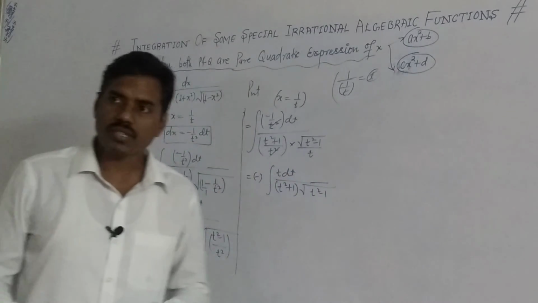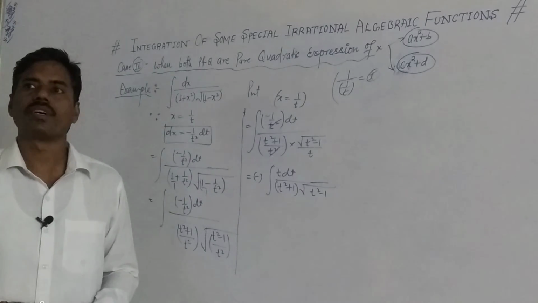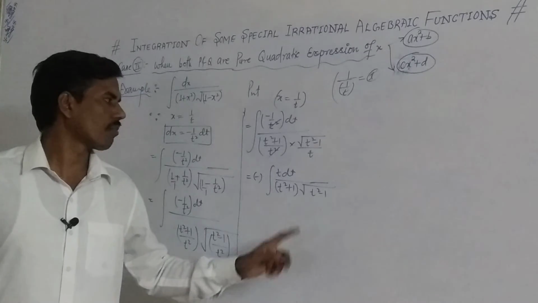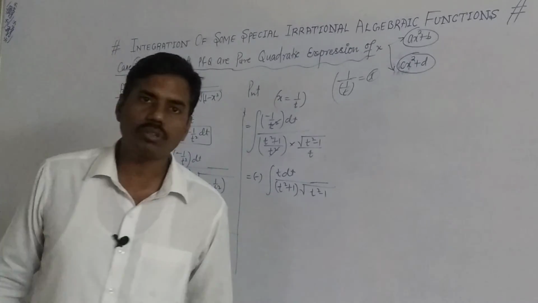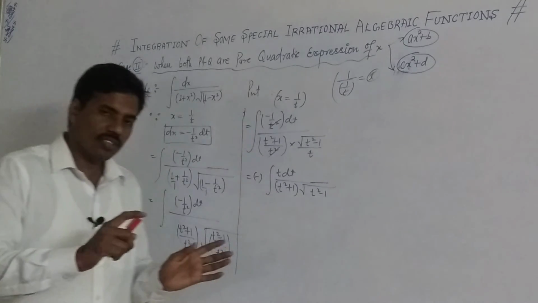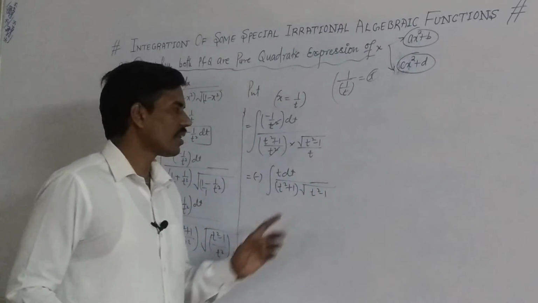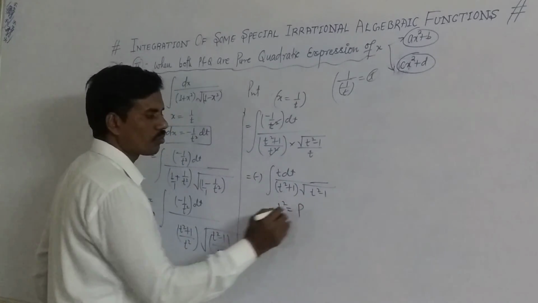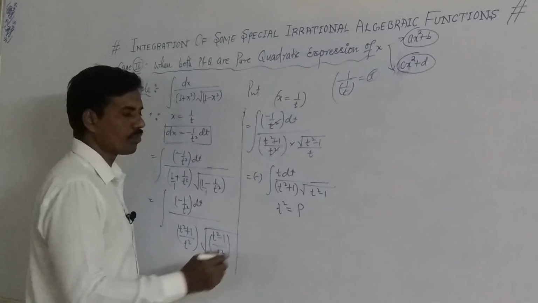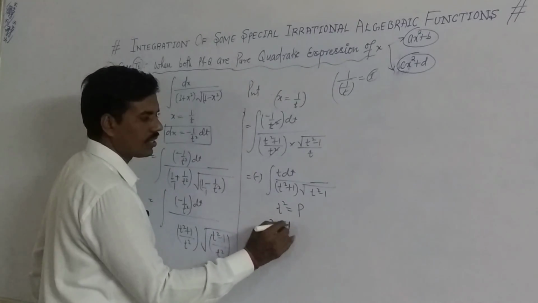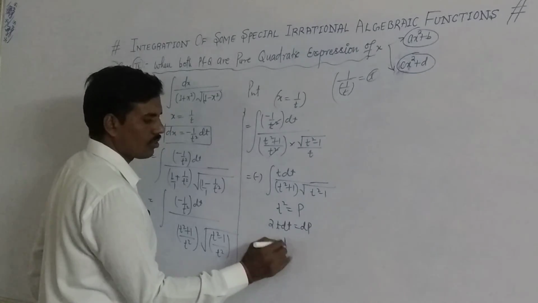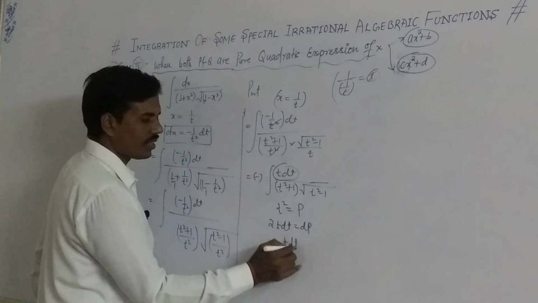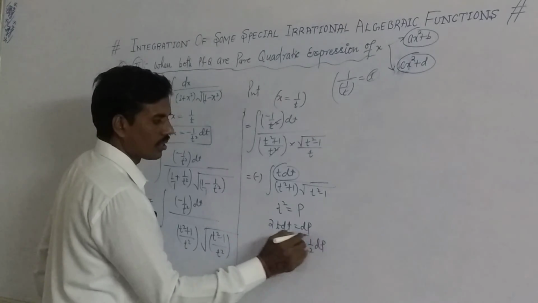Okay, students, in the numerator there is an algebraic function t and dt, and in the denominator we have t square minus 1, t square plus 1. If we substitute t square is equal to 1, then we can change dt in another form. That is, if we assume t square is equal to p, let t square is equal to p, taking derivative, that is 2t dt is equal to dp, and since there is no 2, okay, then we have to find t dt is equal to 1 upon 2 dp.